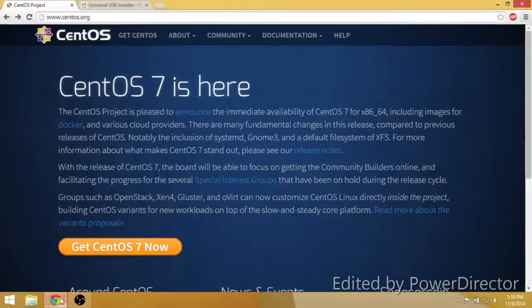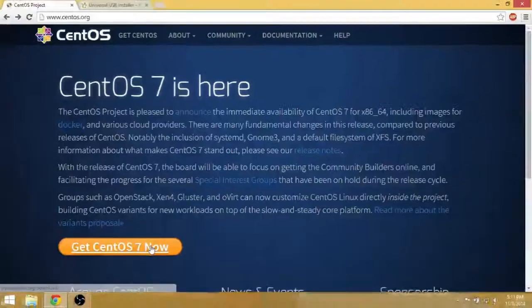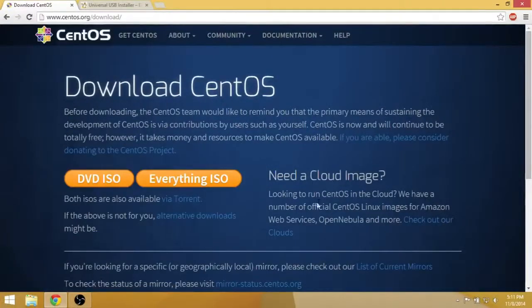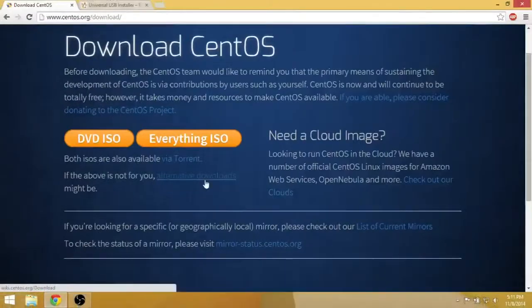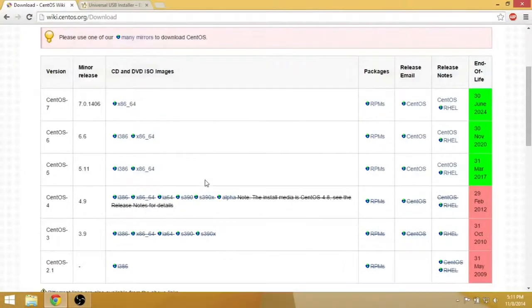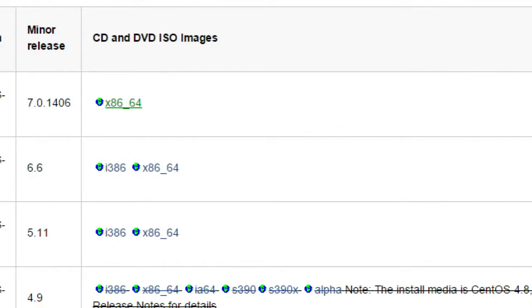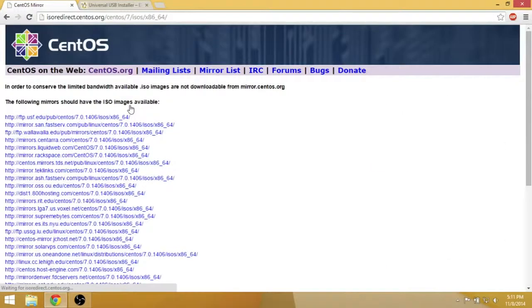The first step is to go to CentOS.org and click on this Get CentOS 7 Now button. Afterwards, you can click on Alternative Downloads, which will bring you to a page of different downloads for CentOS. You want to click on x86_64. After you click on that type, you'll be brought to a list of download links, which you can choose